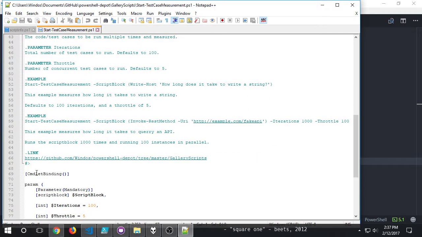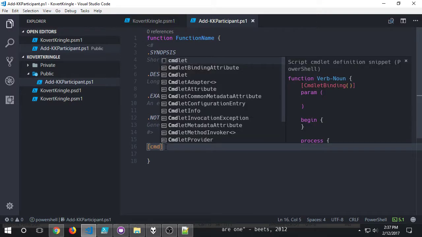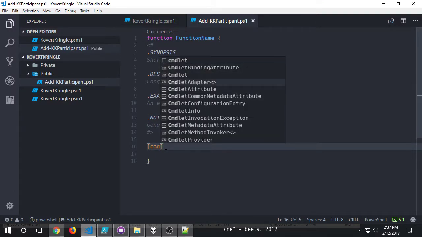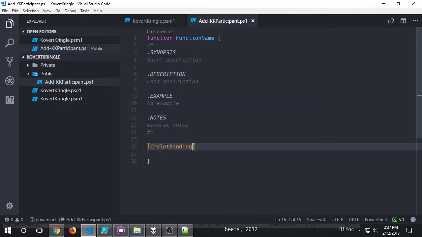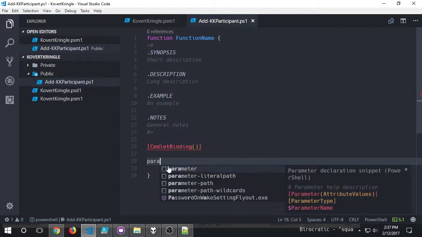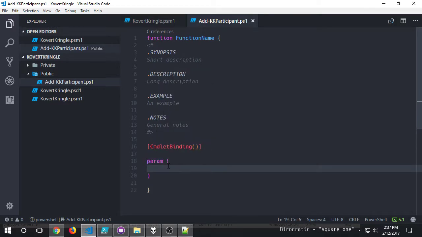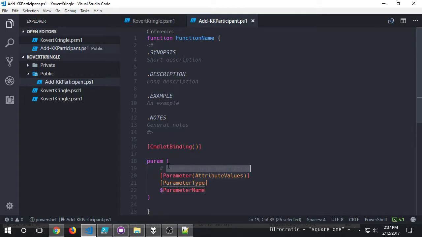And it is literally just CmdletBinding. I was expecting that. Alright. Sorry, so